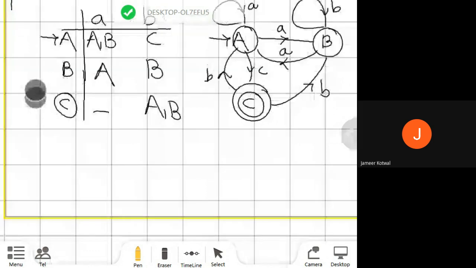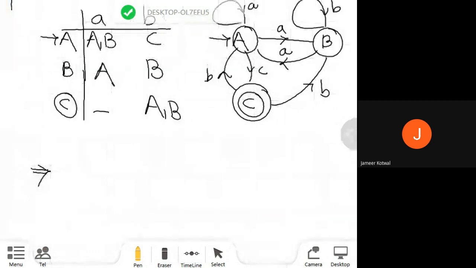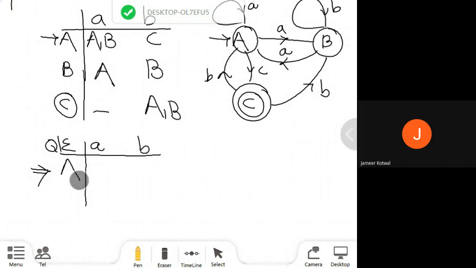It is simple, I will show it here. So start with the initial state, right? I am going to start with the initial state. Which state is the initial state, and the input? You are going to process the inputs A and B. So which state is the initial state? The initial state is A.